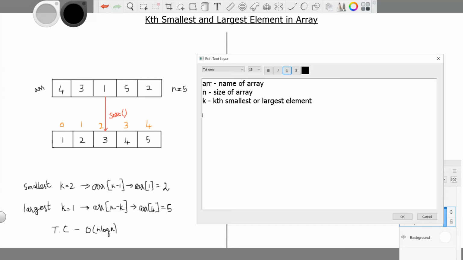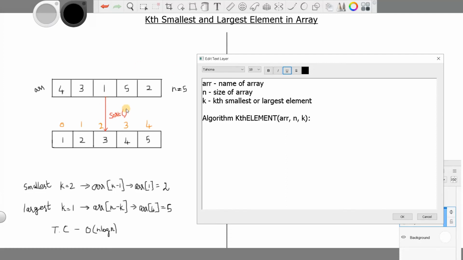Now let's dive into the algorithm. Algorithm kth element. I will pass all these parameters: array, n and k.